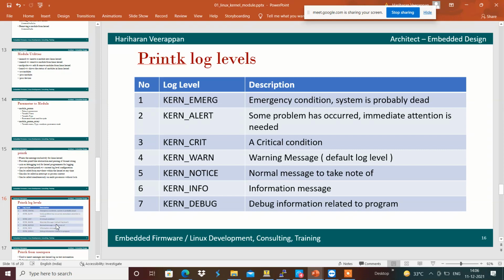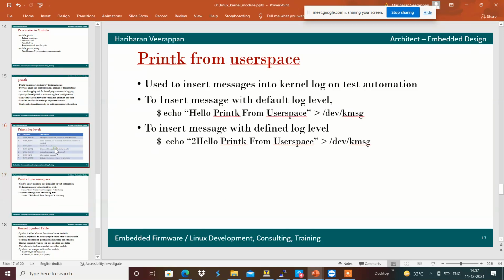And if we wanted to make a kernel notice, we can provide it as a notice message with the help of a tag called KERN_NOTICE, and KERN_INFO and KERN_DEBUG accordingly.